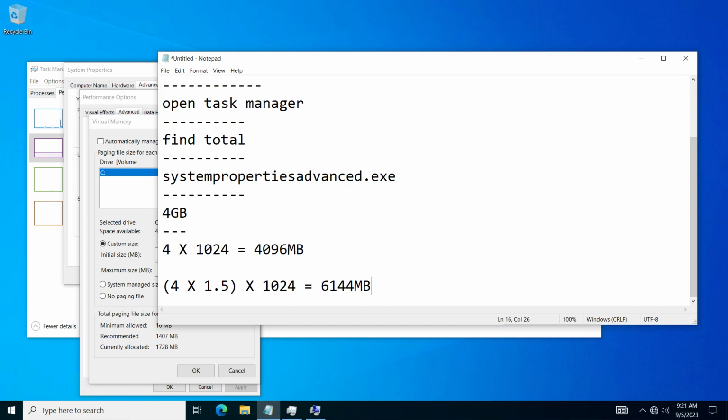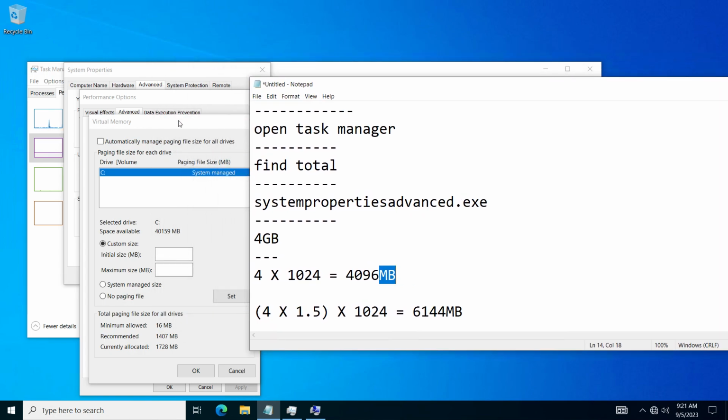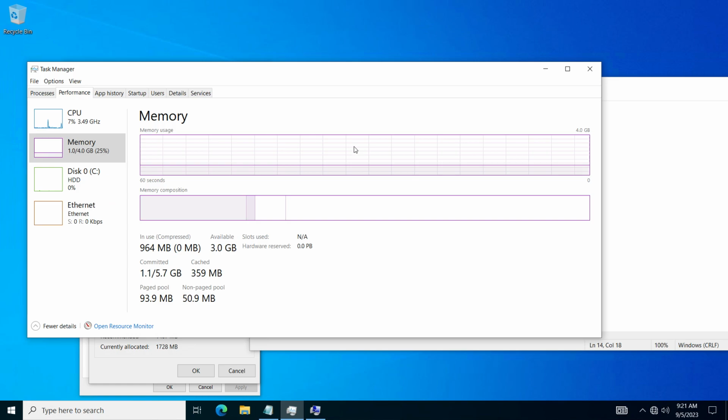So the formula for my system is my total, disregard the 4. It's going to be different on your system. So you're going to multiply that, your total, by 1024. That's 1 kilobyte. You're multiplying to get a conversion from GB to